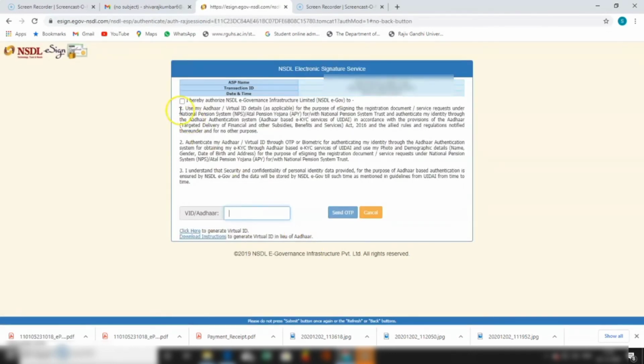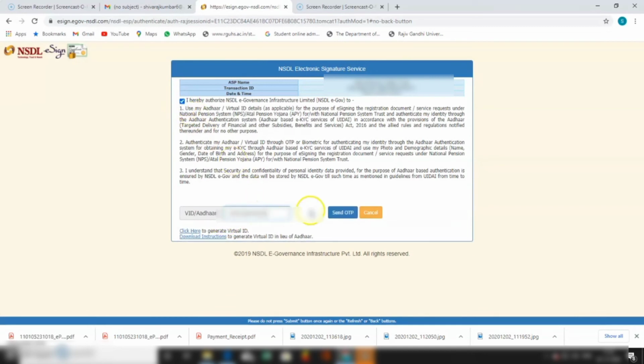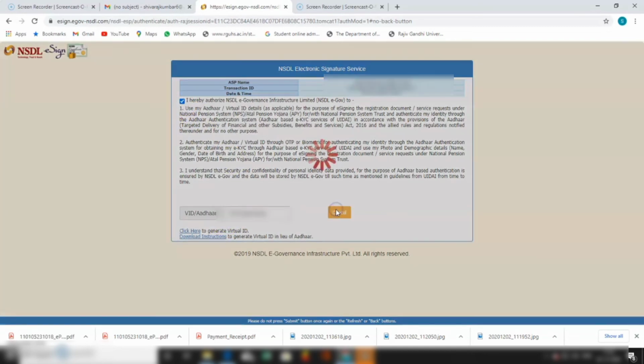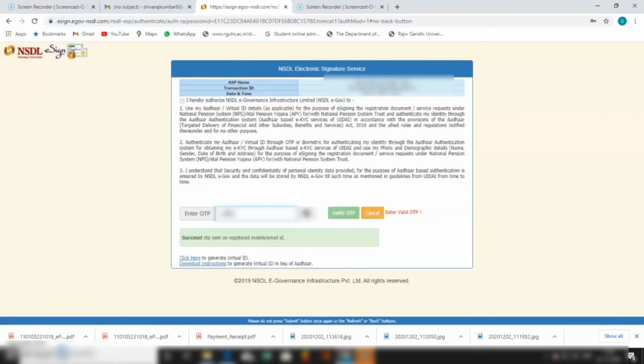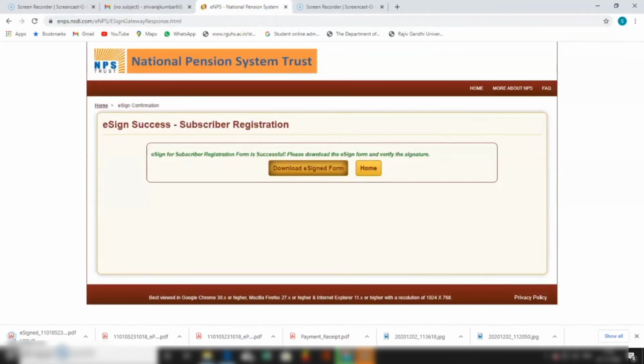Enter your Aadhaar card number, click on the checkbox and click on send OTP. The OTP will come to your Aadhaar linked mobile number. Type it and verify the OTP. It will go back to your eNPS and you can download the e-signed form. So the filled form will be downloaded and you can click on the PDF and verify the form.